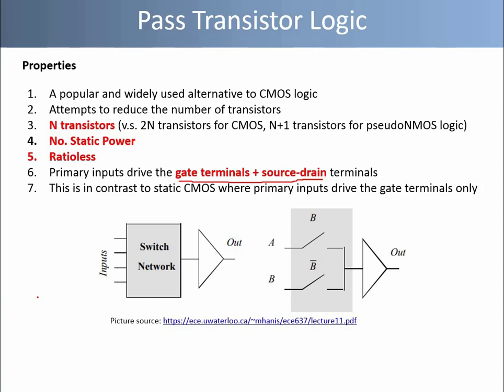The second reason is that in NMOS transistors the current is due to the flow of electrons, whereas in PMOS transistors the current is due to the flow of holes, and as the mobility of electrons is 2 to 3 times higher than that of holes, therefore for a given biasing condition an NMOS transistor provides a higher current as compared to a PMOS transistor, which results in a high switching speed of the circuit. So these are the reasons because of which only NMOS transistors are used in pass transistor logic.